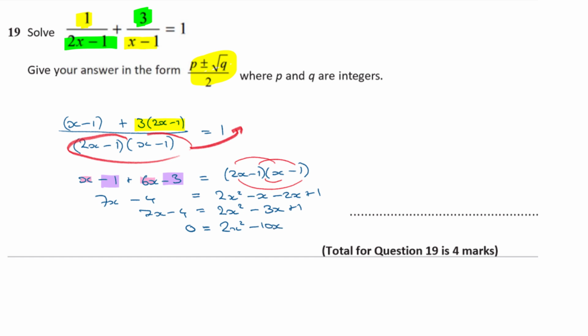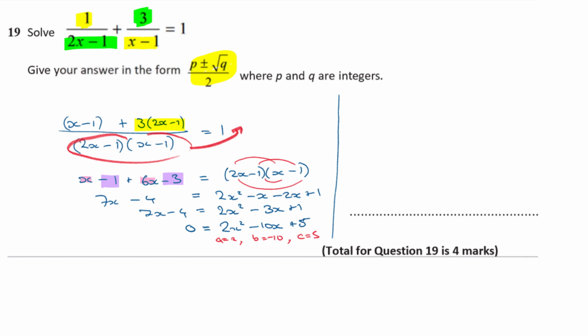And I've got a positive 1, and when I move that minus 4 over, it's going to become positive 4. So plus 1 plus 4 gives me plus 5. Okay, so I've got 2x squared minus 10x plus 5 is equal to 0. So now I can use the formula, can't I? Okay, a is going to be equal to 2, b is minus 10, and c is 5 from use of